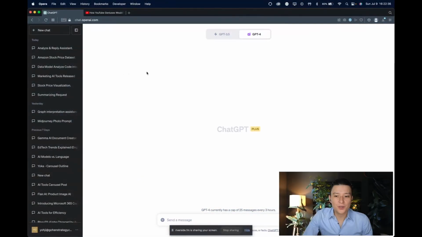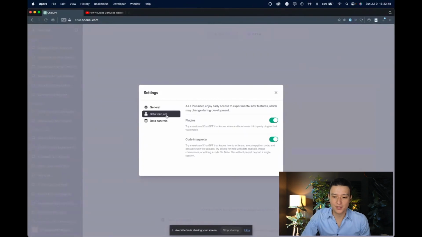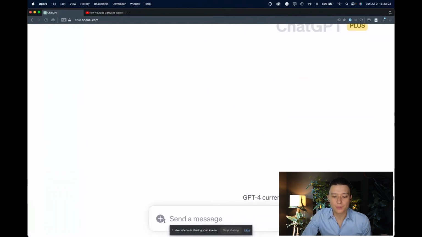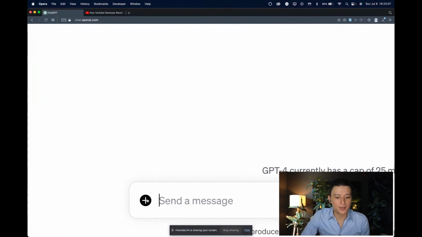Once you go to your dashboard here in ChatGPT and you are subscribed to ChatGPT Plus, you're going to go down here in the left corner to go to settings and then go to beta features and then simply go to Code Interpreter and click enable. Once you did that and you go here to ChatGPT 4, then press on Code Interpreter, you will see that on the prompting box here on the bottom, we now have a little plus sign, which you can upload a